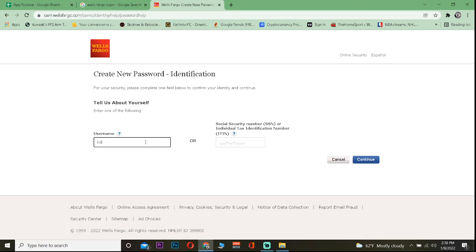Over here, enter your username and then enter your social security number and then click on continue and it'll take you to the password reset page. And once you're over there, you can enter a new password. So that's how you guys can reset the password of your Wells